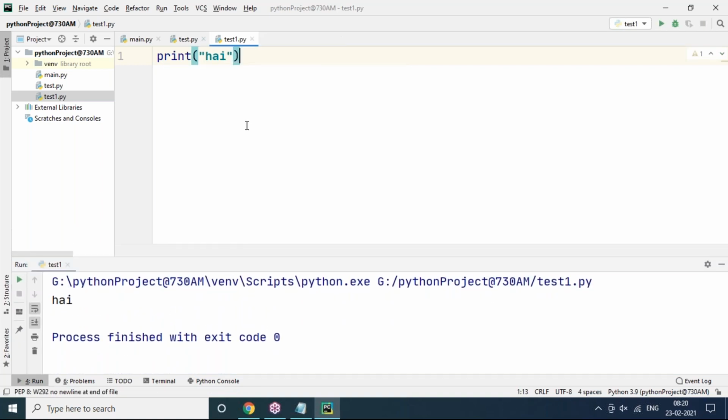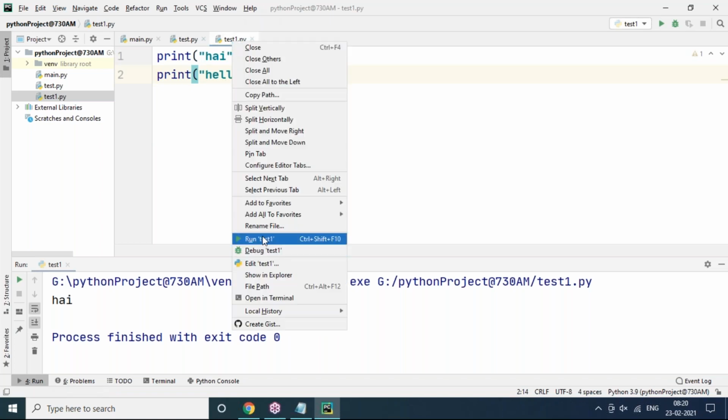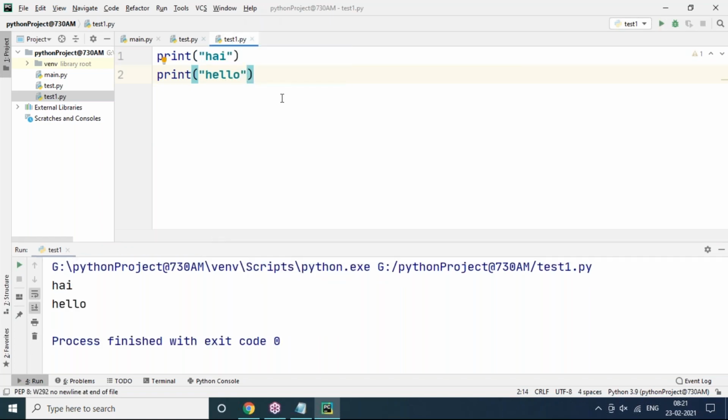Now I will tell you why I don't recommend writing code in the Notepad editor. What is the problem, sir? Let's say there are 2 lines of code in one file. Can we select and run one line? No. If I'm selecting this one and I execute it, what will happen, sir? The total code is running. It's not possible.